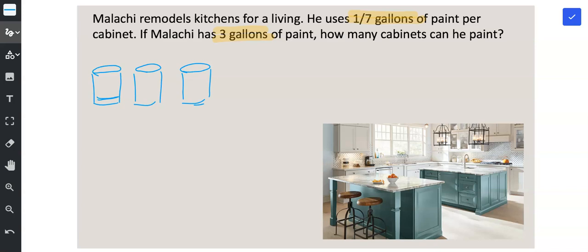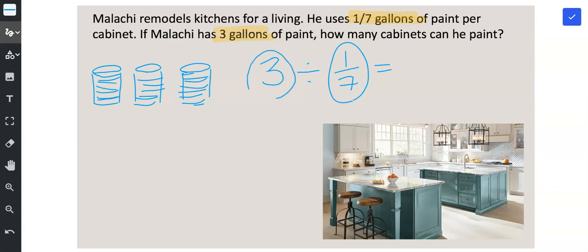So basically, you're trying to picture how many 1/7 are inside of 3 gallons. So picture me dividing that by 7. I know that's not 7, but just picture that's what I'm saying. So what we're doing is taking our 3 gallons of paint and dividing it into 1/7 gallons of paint pieces, sizes of 1/7 of a gallon. And we're basically seeing how many 1/7 of a gallon fit into 3 gallons